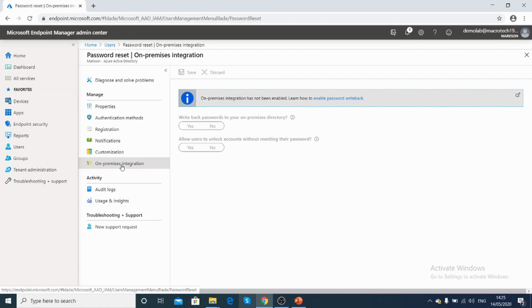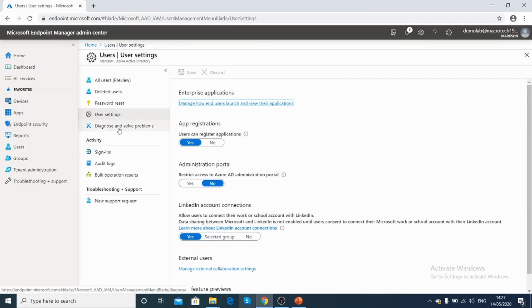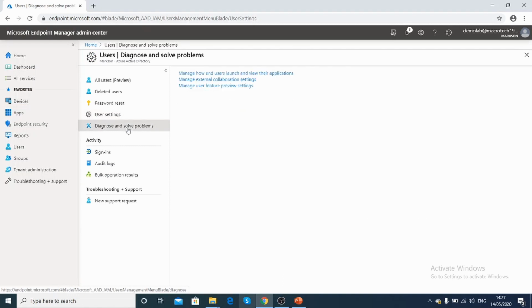This reduces any conflict, so the password will always be in sync. This avoids many issues that happen when the user connects from roaming to on-premises locally and from locally to on-premises. Under user settings, we have diagnose and solve problems, and we have sign-ins as well.